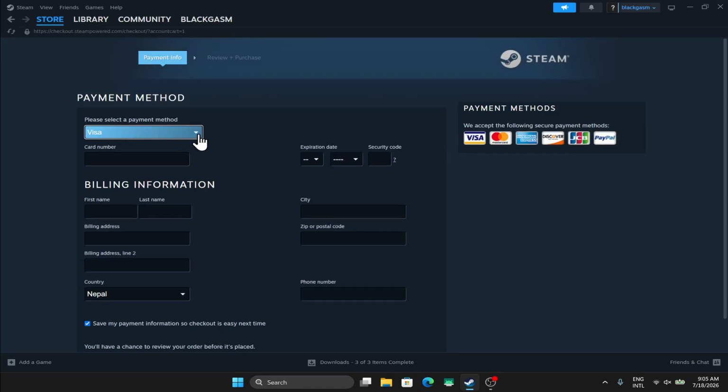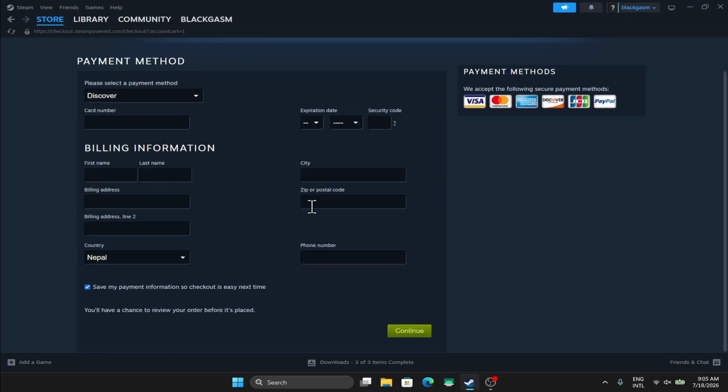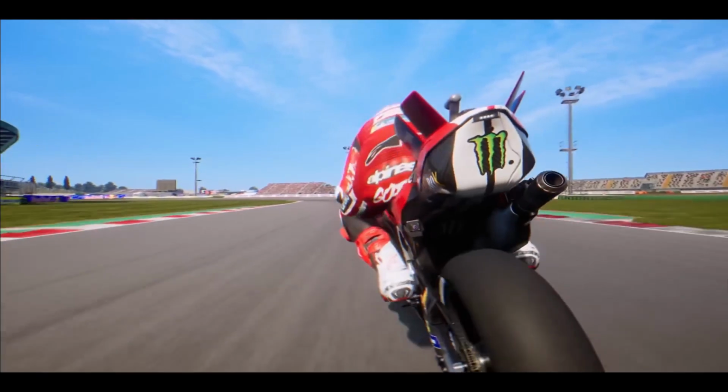Now you may choose your Steam wallet balance or any one of the payment methods from the drop-down menu. Just enter your credentials followed by your billing information. You also have the option to save it for later use by clicking on the checkbox. Once you continue forward with your payment, the game will be added to your library as soon as the transaction